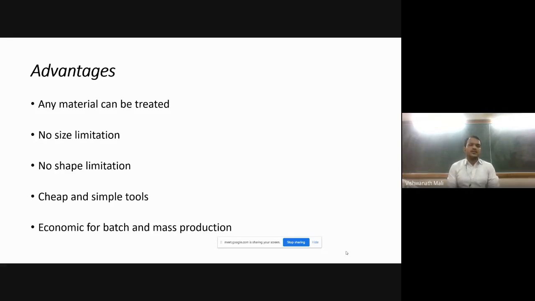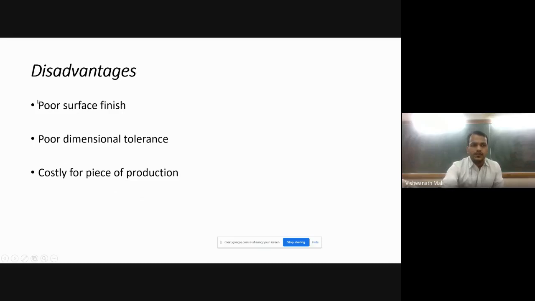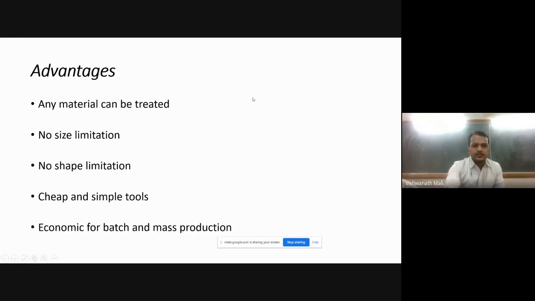Which advantages? In casting, first, we can manufacture any material, let it be cast iron, steel, or aluminum.